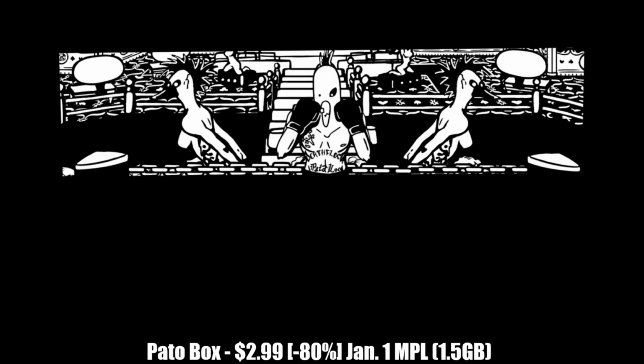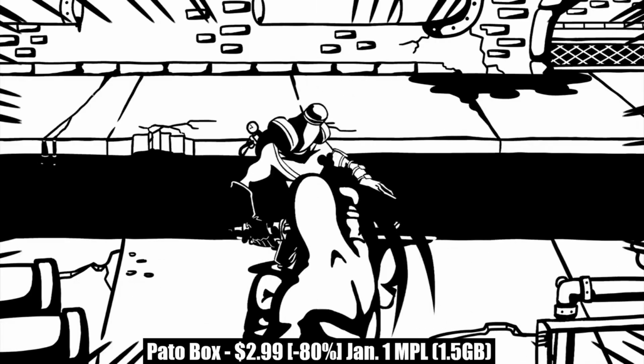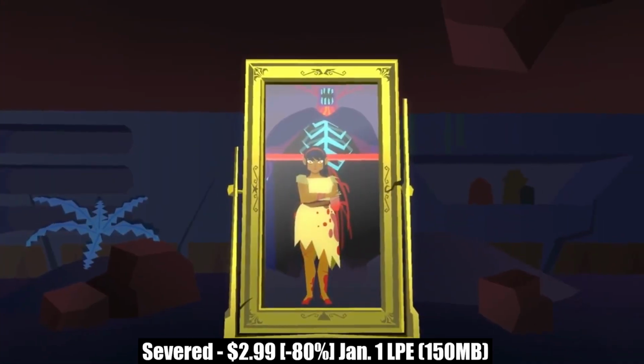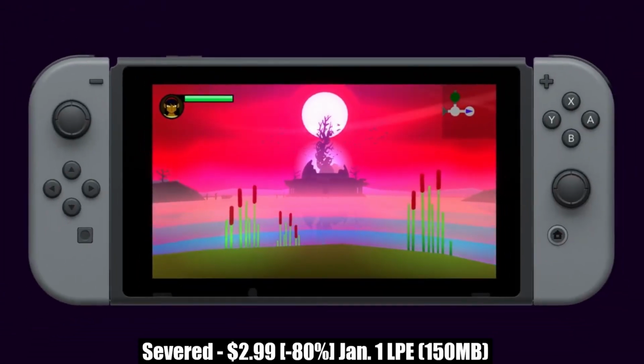It's marked down 80%, matching a previous low of just $2.99. Severed is a single-player, first-person RPG from Drinkbox Studios and has a main story that will last roughly 5 to 7 hours to wrap up. In this one we play as a young girl who's lost her family and we set out on a quest